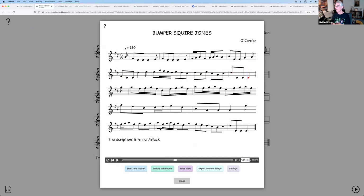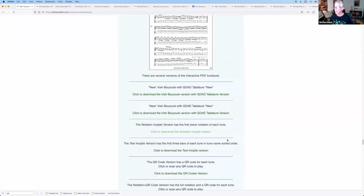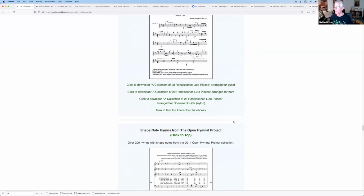So the O'Carolan collection, which I put together, I'm using a harp sound. I've baked a harp sound into all those, which I think sounds kind of cool. But there's variants up there that use guitar and octave mandolin and that sort of thing, if you like. But have some fun with these Tunebooks. Let's see, one more that's